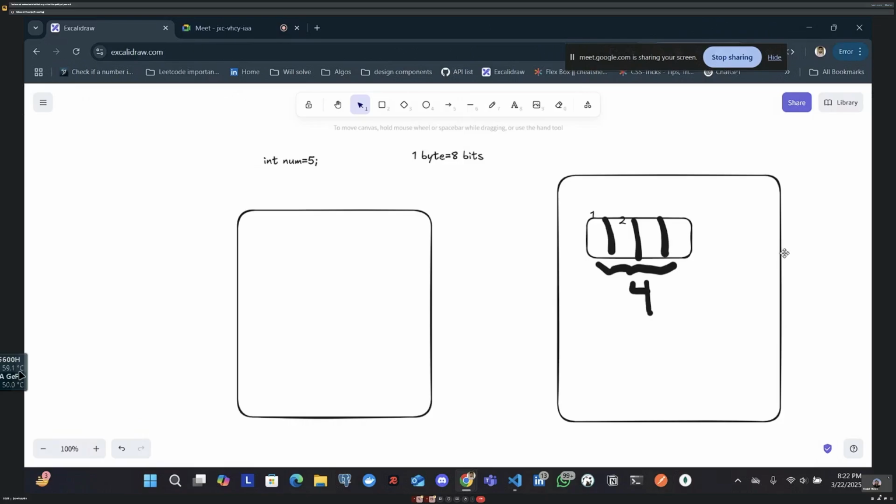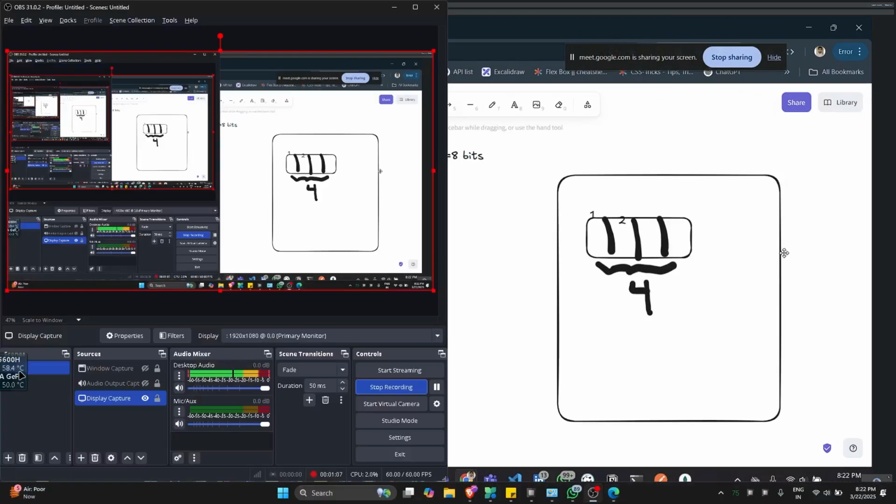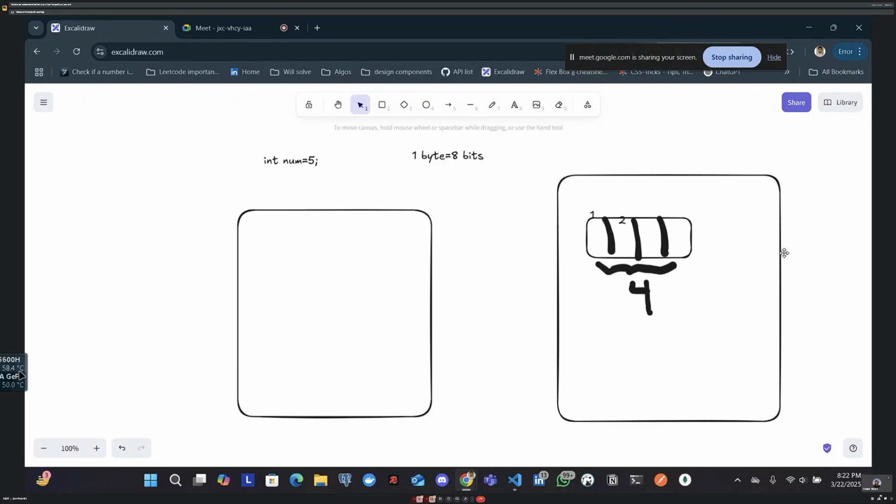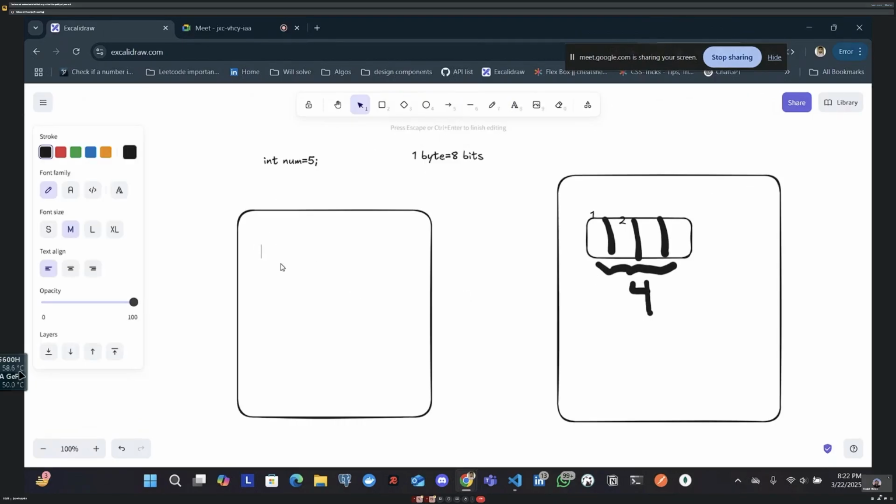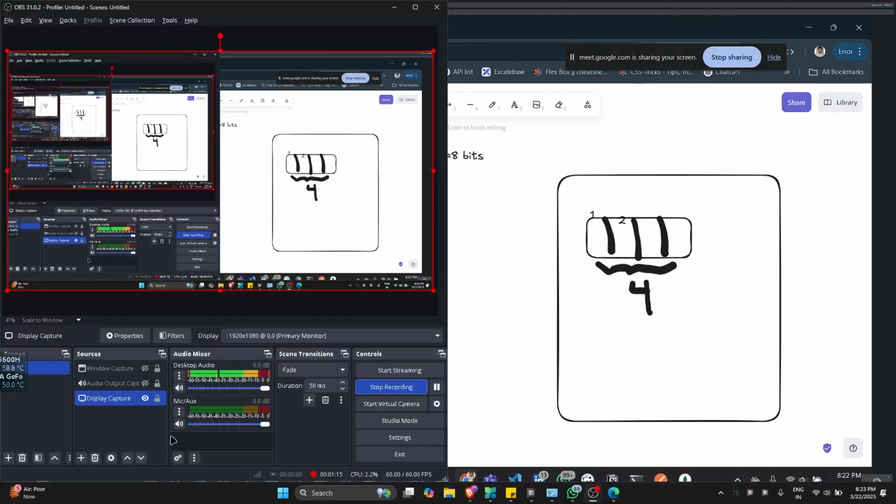looking at the data type, it automatically gets that the next 4 are for int, for double it will be the next 8, for long it will be the next 8 and so on. So this is how it gets to know that the next 4 locations belong to this int only, the number 5. So what it does is that it makes a mapping like this, that num is mapped to